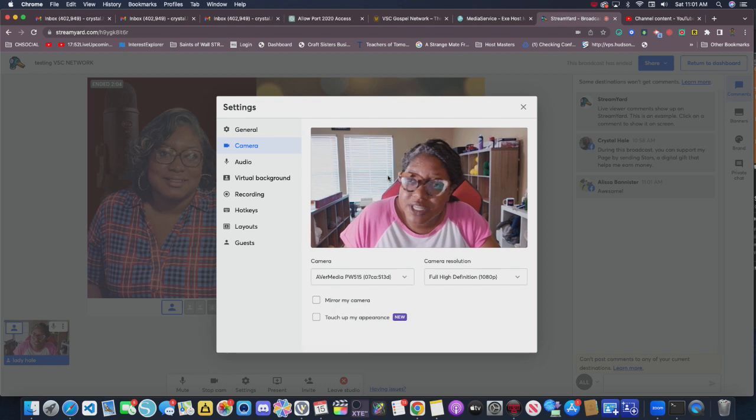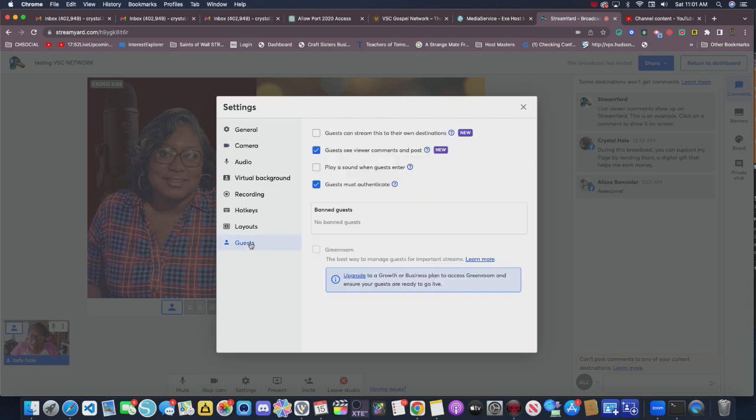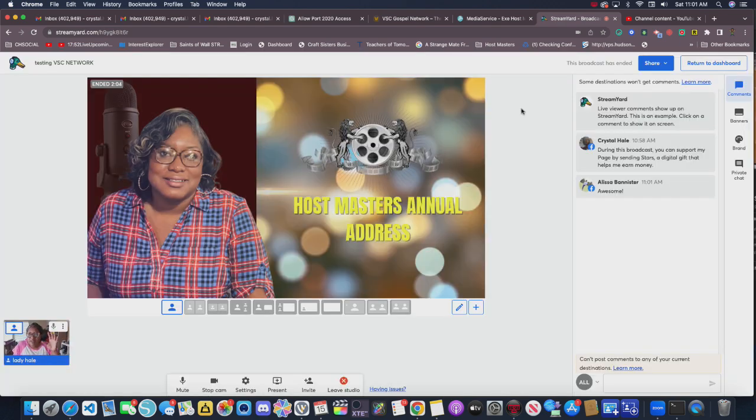So they send you an invite, and once they send you an invite, they make sure guest is enabled. Then there is this setting right here where it says guests can stream to their own destination. As long as guests can stream to their own destination and they can enable it on their end as well,